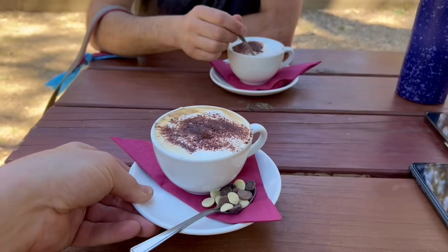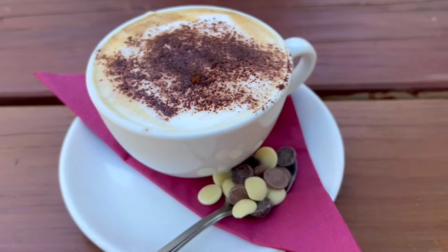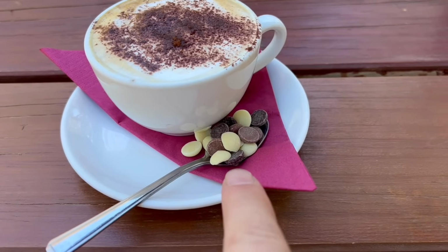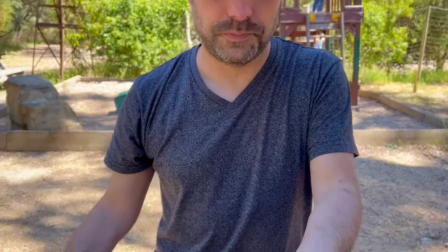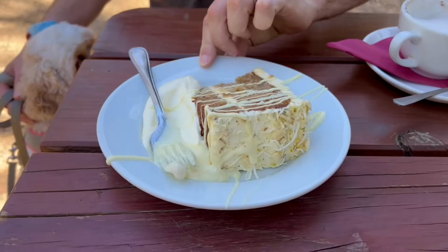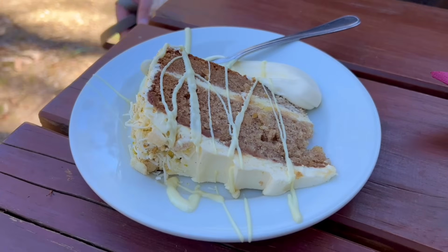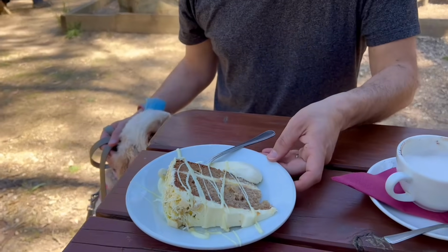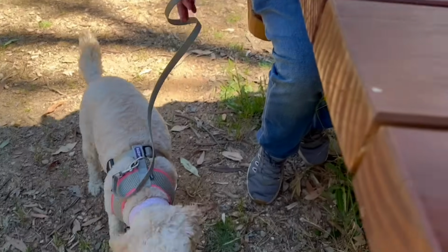And here comes mine now. So I've just gone coffee, but they've actually given me some chocolate on the side to taste, which I might just have to have some. Here's Adam's cake. What was it again? A hummingbird. Oh, that's right. So it's got a bit of honey through it, you reckon? I think so. Oh, well, you can taste it and let us know what you think. Looks good. Twyla's loving it. She wants some. I don't think she can have any, but...